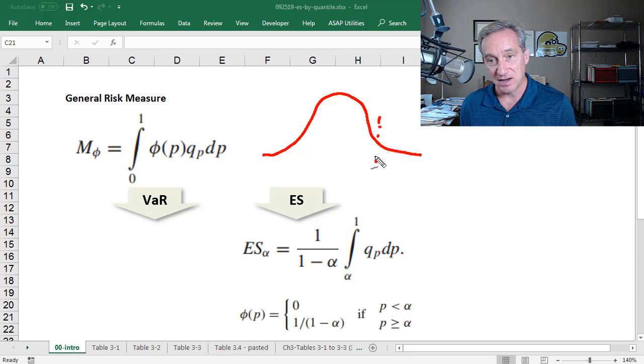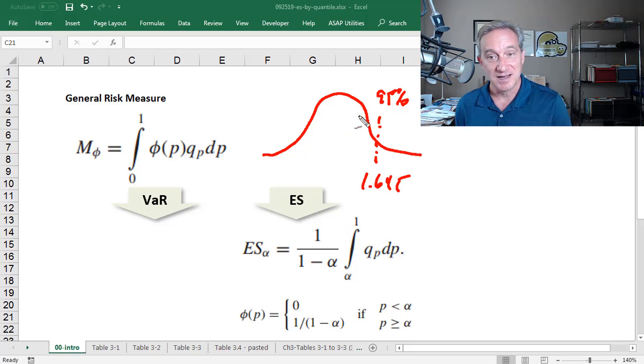So if I think about something like a normal distribution, and I want to look at the 95% confidence quantile, we know that's 1.645 approximately, meaning 95% of the area under this normal curve, or standard normal, I should say, is to the left of this quantile. The expected shortfall is shown here, and it's a special case of the general risk measure